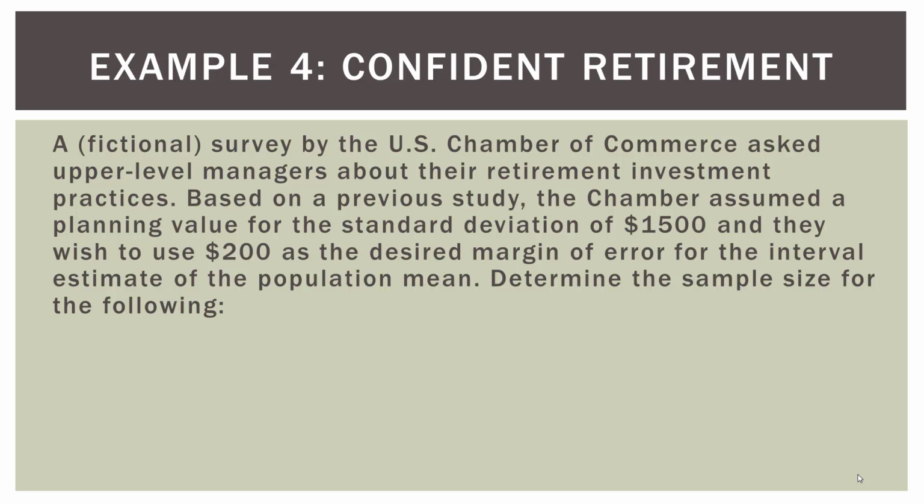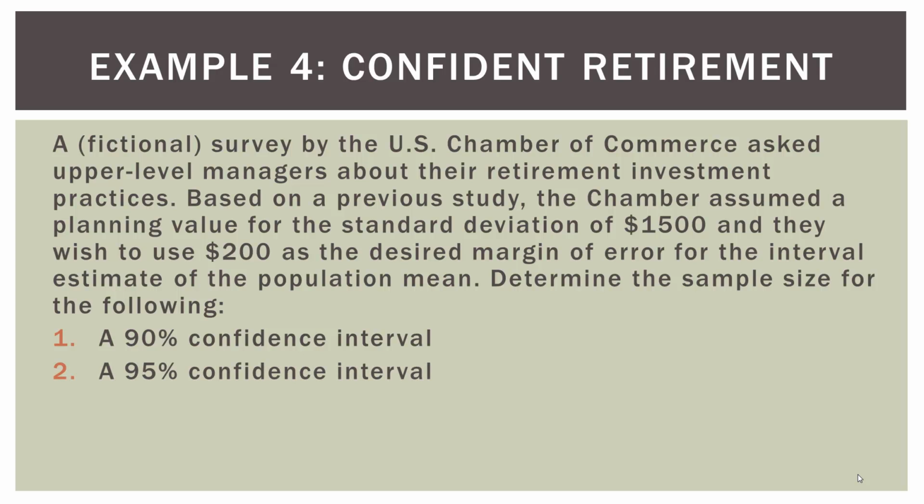So, determine the sample size for the following: a 90% confidence interval, a 95% confidence interval, and a 99% confidence interval. So, whoa, what's going on here? Remember at the very beginning I said that in that expression where we had E equals and so forth, if we had 3 of them, we could find the 4th. So this is an example where we're changing what we are given and what we're